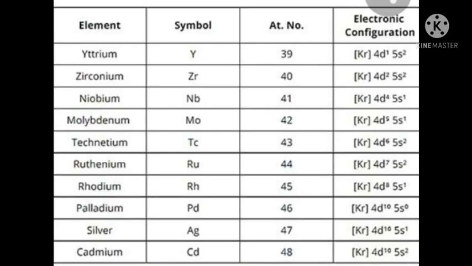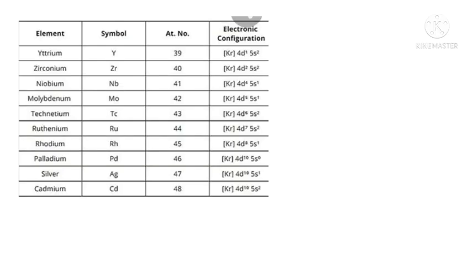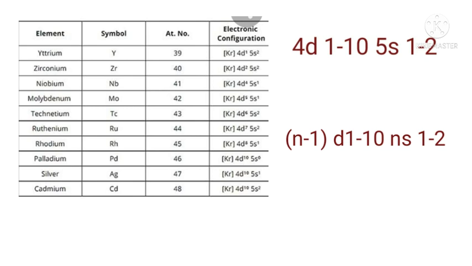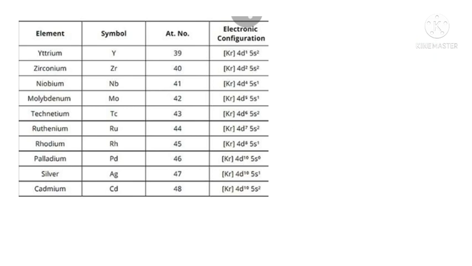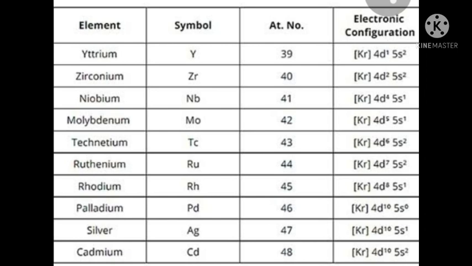Now, the electronic configuration of the next series of elements, that is the 4D series, we can represent like this. By observing this, we can see that in these elements, the last electron is entering into the 4D subshell. So this row of elements is known as 4D series. And their configuration can be written like this: 4D 1 to 10, 5s 1 to 2. And generally it can be represented like this: (n minus 1)d 1 to 10, ns 1 to 2. Here also the last element, cadmium, contains a completely filled 4D subshell, so it is also not regarded as a transition